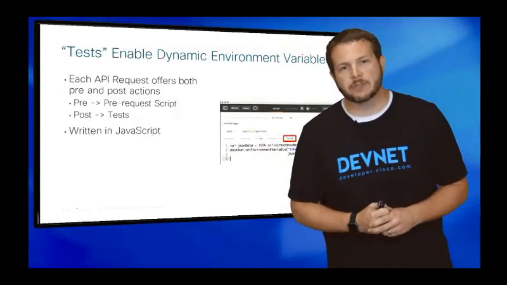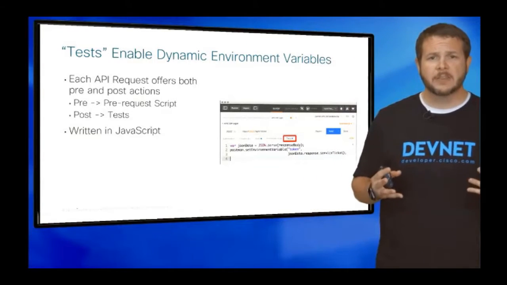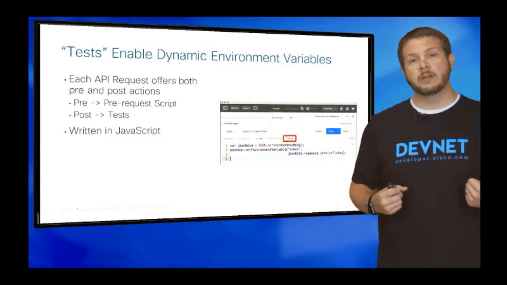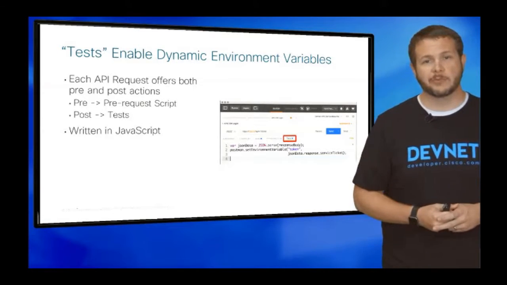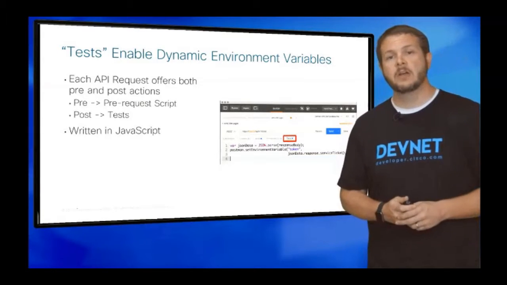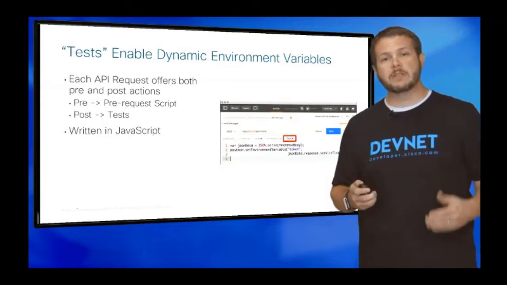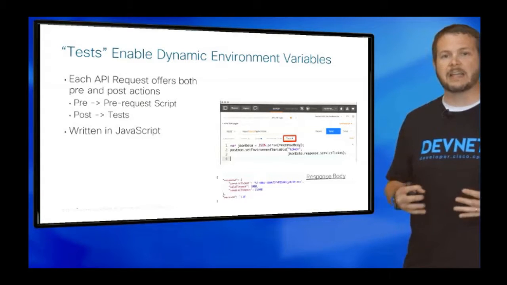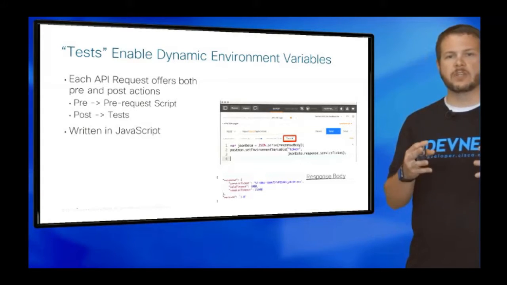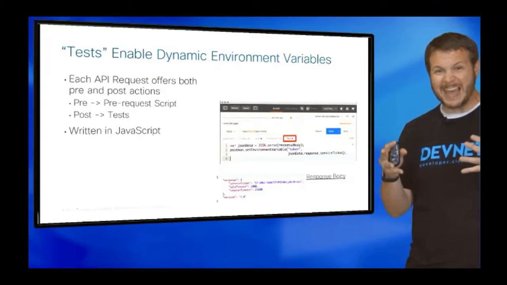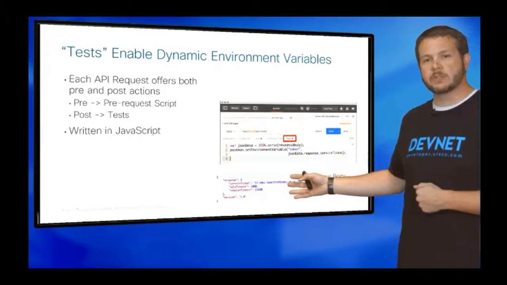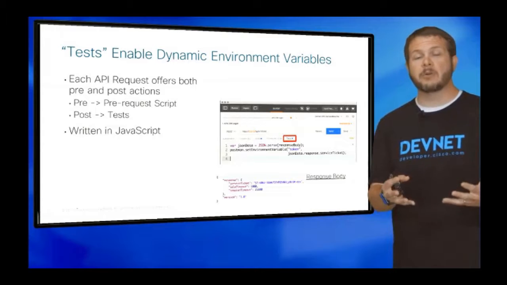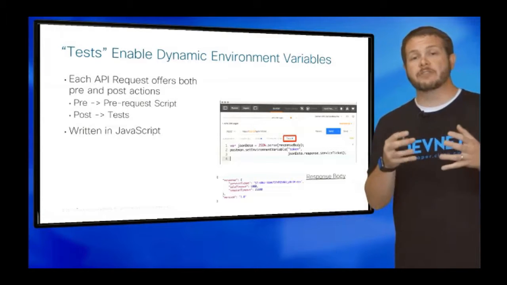Now, our tests are written in JavaScript, but if you're not familiar with JavaScript, never fear. The most common use case for this that you're probably going to run into is exactly this one, where you want to take output from one request and store it as an environment variable. So you can just simply use this code that's shown as an example here in your environment. The way that we read this code is we're going to reference the response body, and we can see that in line 1 of the code. var jsonData = JSON.parse(responseBody). So all it does is look at the response body from the previous API request. Assuming it's JSON, it then processes it into a JavaScript object